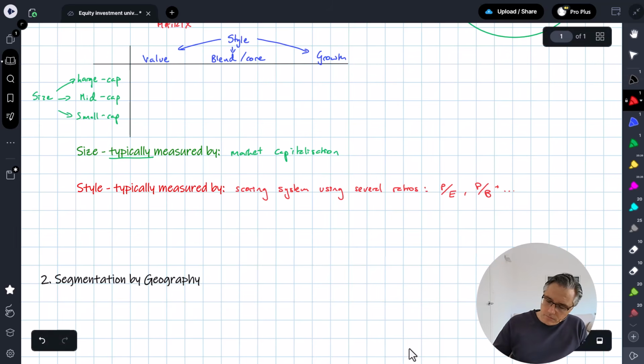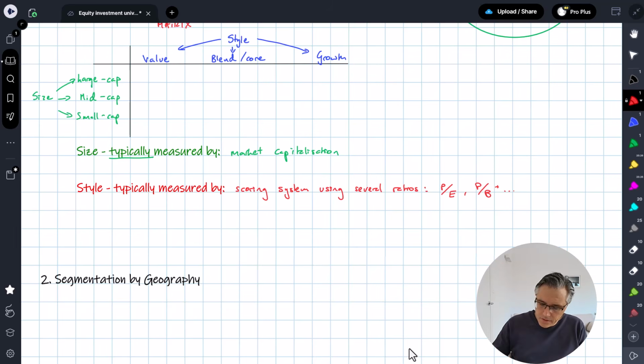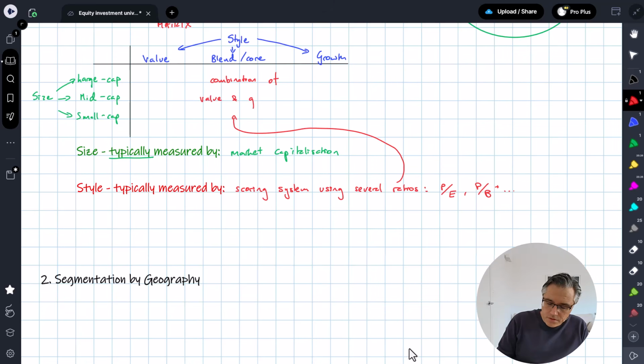Now, these are just examples, but the important thing is that if there is a combination of different features, some ratios point towards the company being value, but others suggest that it might be growth. So a combination of value and growth, because the ratios used in the scoring system may not always project a very clear picture. So if there is a combination of value and growth features, we call that blend or core, and it's going to be especially common